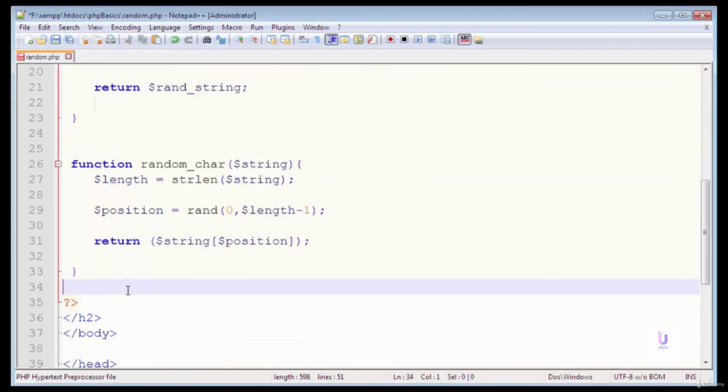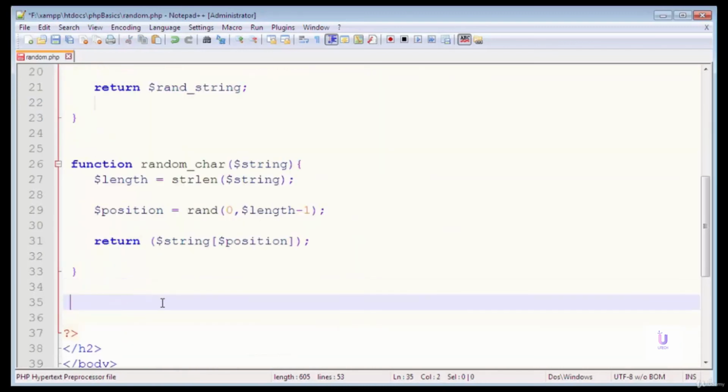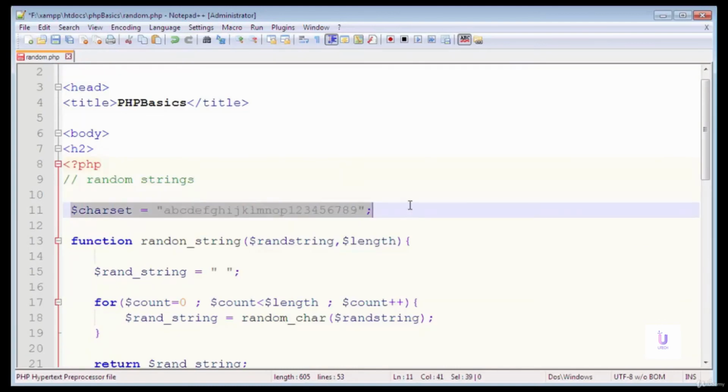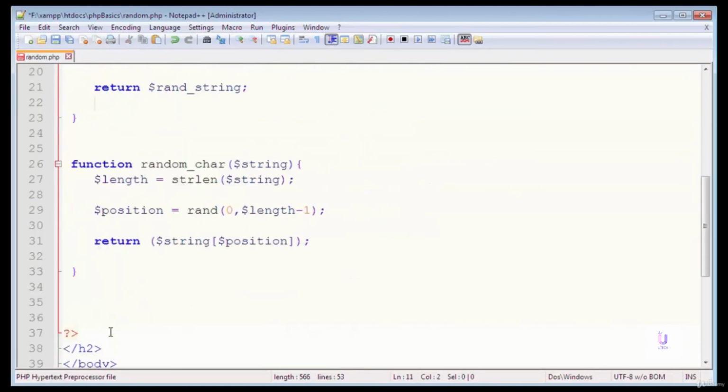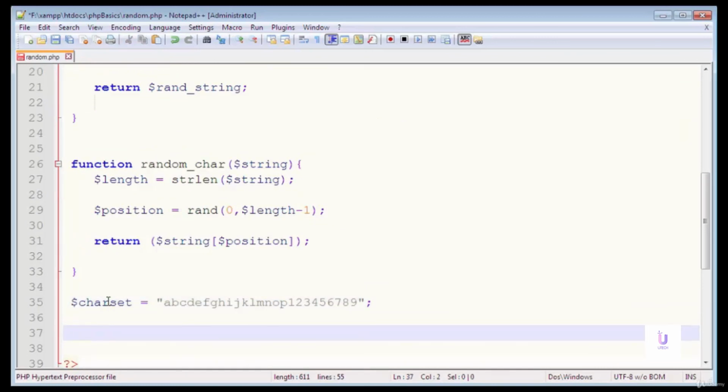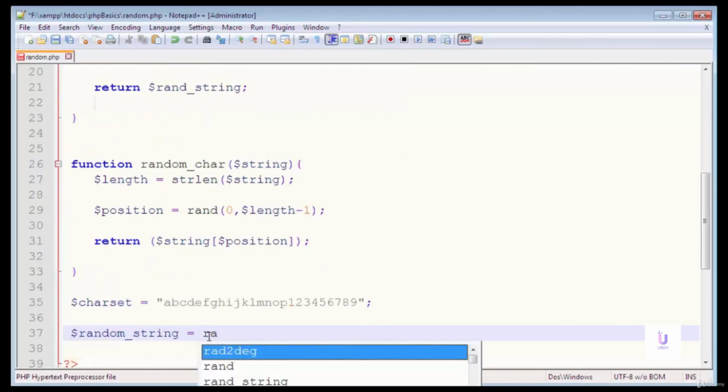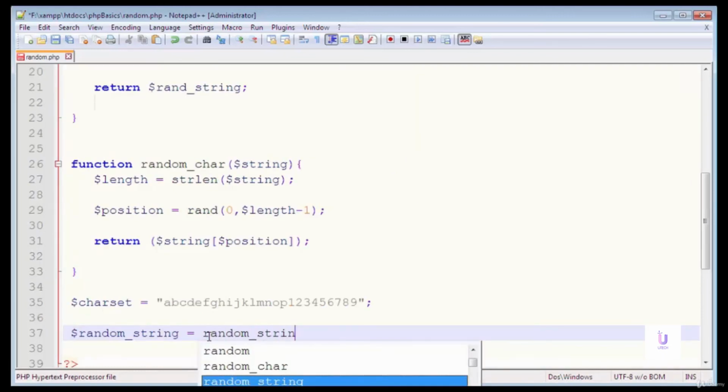So I'm gonna call this function here. Now I'll use this string that is a char set. Now I'm gonna paste it here. Now I'll call this function that is named random string. So it will return a random string. So I'm gonna declare another variable random string here is equals to that. Now I'll call this function that is named random string. So I'm gonna write here random string, that is the name of the function, and I'll pass this char set